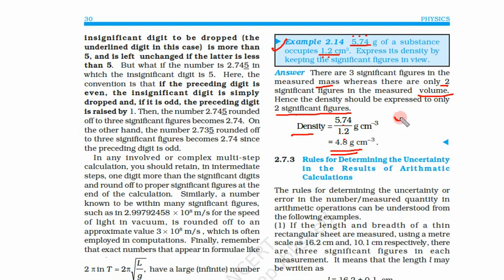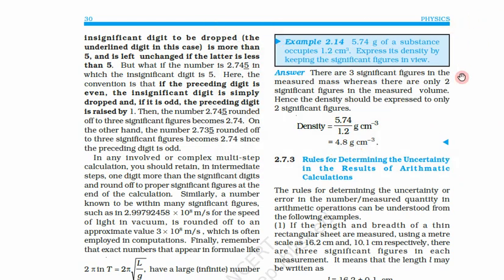So the actual number that we get is 4.78333. That's all. This is the number that we keep getting when we put these numbers in a calculator. But we have to round it up to two significant figures. So these two, and this third digit is definitely more than 5, so this will be one larger. So this will become 4.8. Hence our answer is 4.8 gram per centimeter cube.